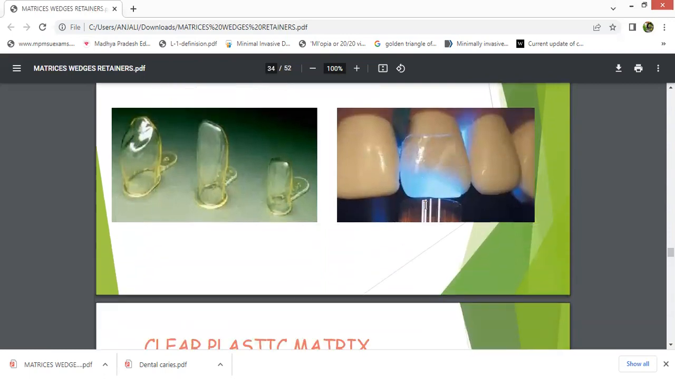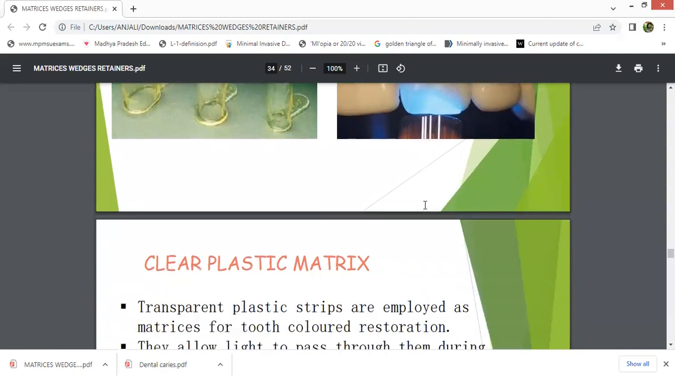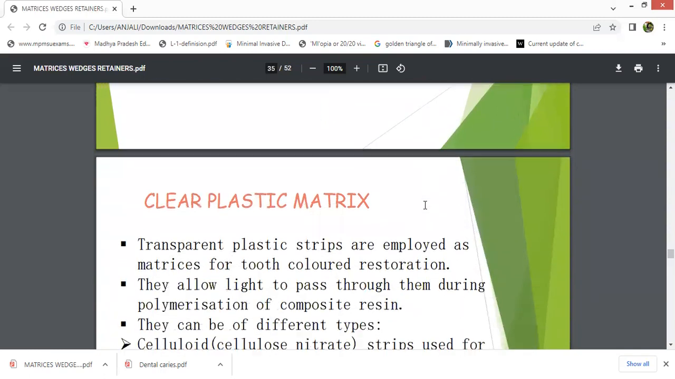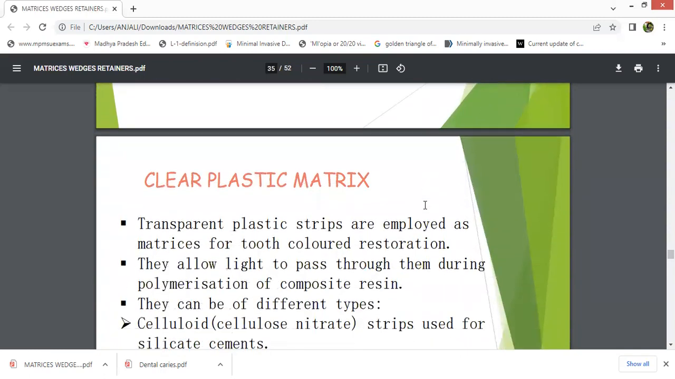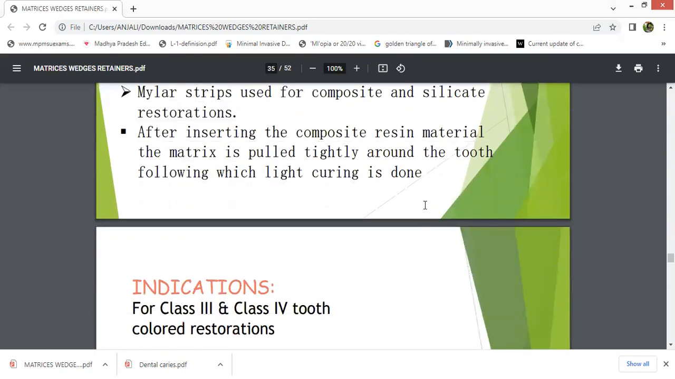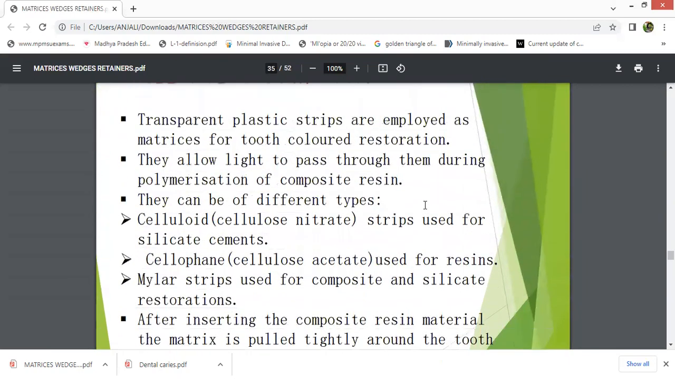Mainly हम छोटे बच्चों में ज़्यादा उसको देते हैं. So clear plastic matrix, transparent plastic strips are employed as matrices for